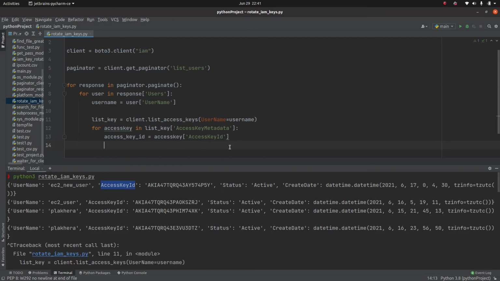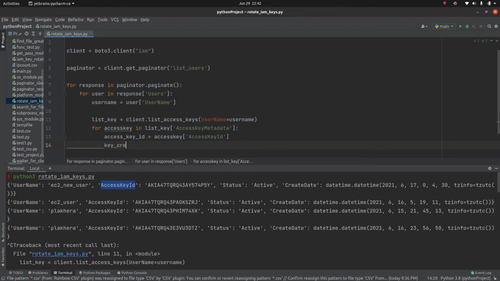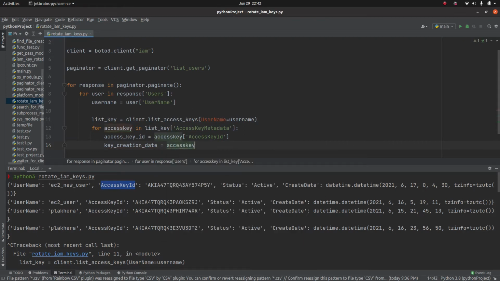Similarly, I need a key creation date. And that too I can store in a variable, the access key create date. Okay, so I got this, right?